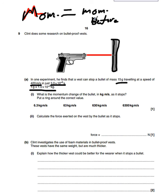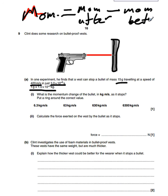Nope, it's not the momentum before, sorry about that. It's the momentum after. Take away the momentum before. So momentum after minus momentum before. So what's our momentum